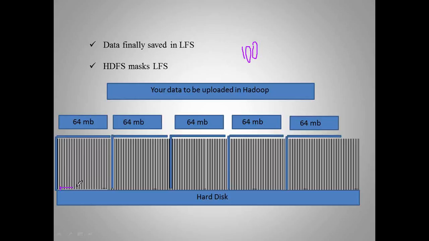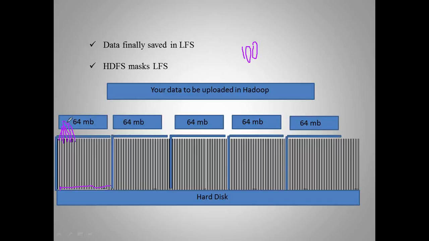So the data will be stored finally on the local file system only. Whatever data you upload will be finally stored on the underlying file system, or we'll say simply the operating system's file system. The data will be finally stored on the operating system's file system, nothing but the local file system. And only the indexes of those thousands of blocks will be stored with the 64 MB chunk